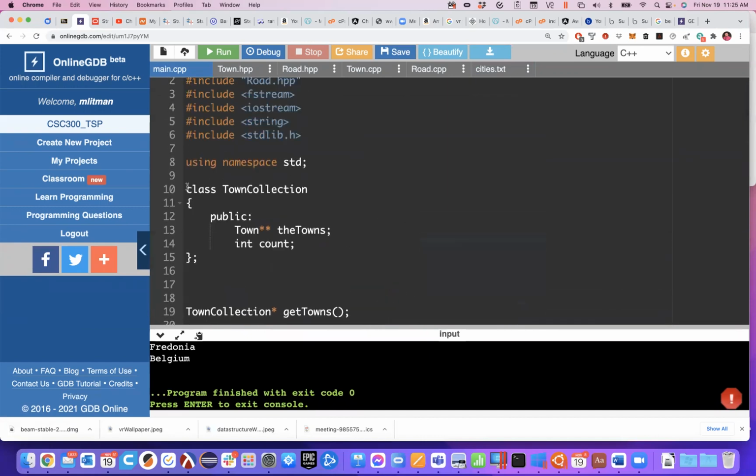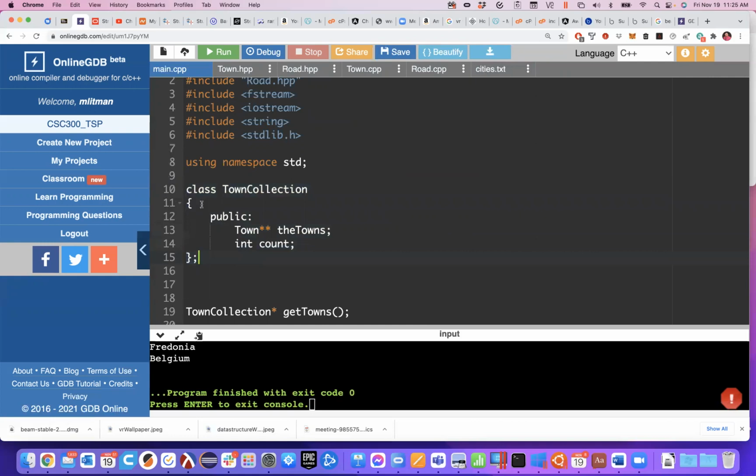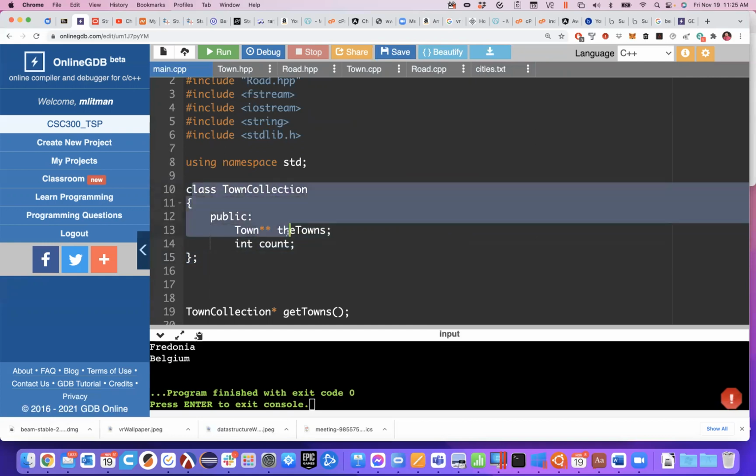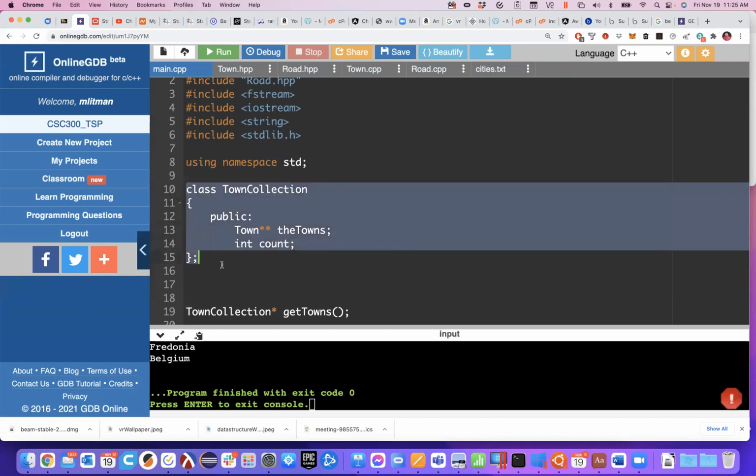So now you certainly could have put this in its own file, right? A file called town collection. You could have done a town collection HPP and then a town collection CPP, which includes that. And then maybe write a no argument constructor that does nothing. You could have done all that. But hopefully you're seeing, at least by our example here, that, and actually I'm going to duplicate it just so you can see the